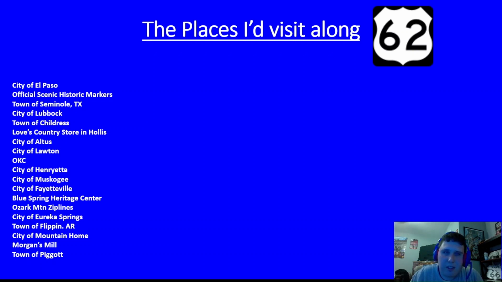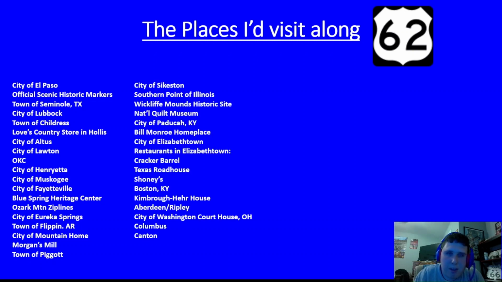I'll visit official scenic historic markers in New Mexico, and then visit the town of Seminole, Texas, then the city of Lubbock. I'll next visit the town of Childress, and then the Love's Country Store in Hollis, New Mexico, and the city of Altus, then the city of Lawton, and then Oklahoma City itself, then the city of Henrietta, the city of Muskogee, the city of Fayetteville, Arkansas, Blue Spring Heritage Center, Ozark Mountain Zip Lines, the city of Eureka Springs, the town of Flippin, Arkansas, the city of Mountain Home, Morgan's Mill, the town of Pigott, and then the